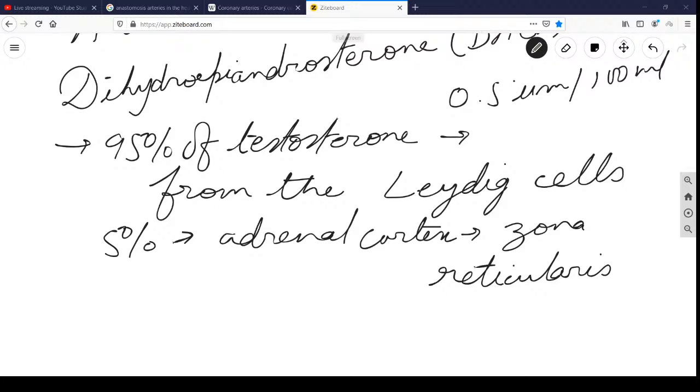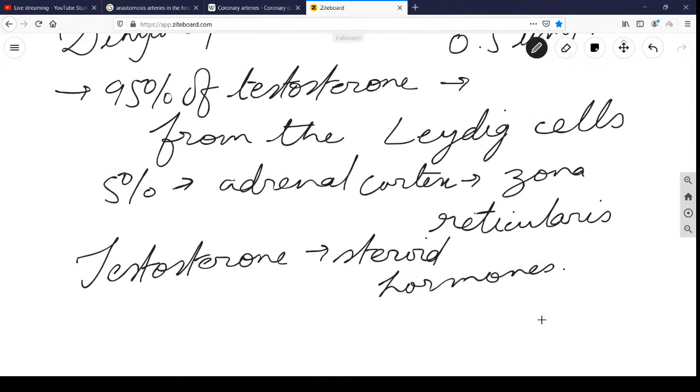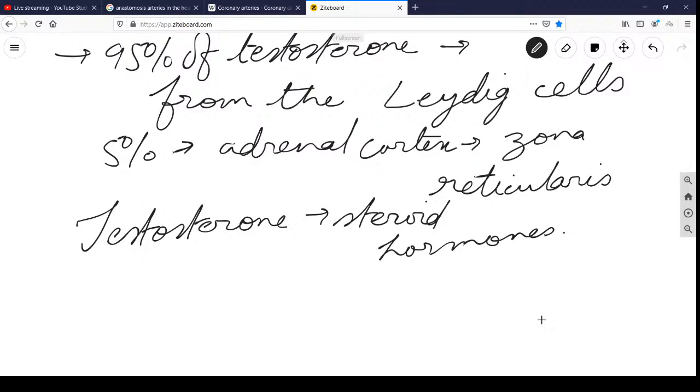Now, approximately 98% of the circulating testosterone in any man is bound to the plasma proteins. Why? Because just imagine, what did I tell you about testosterone? It is a steroid hormone. Get the concept. People are not aware of these concepts. They just talk about steroid hormones, but they're not aware of the concept. Even the thyroid hormone, let me tell you, is a steroid hormone. There is thyroid binding globulin, which will bind to the thyroid hormone in order to carry it in the blood,